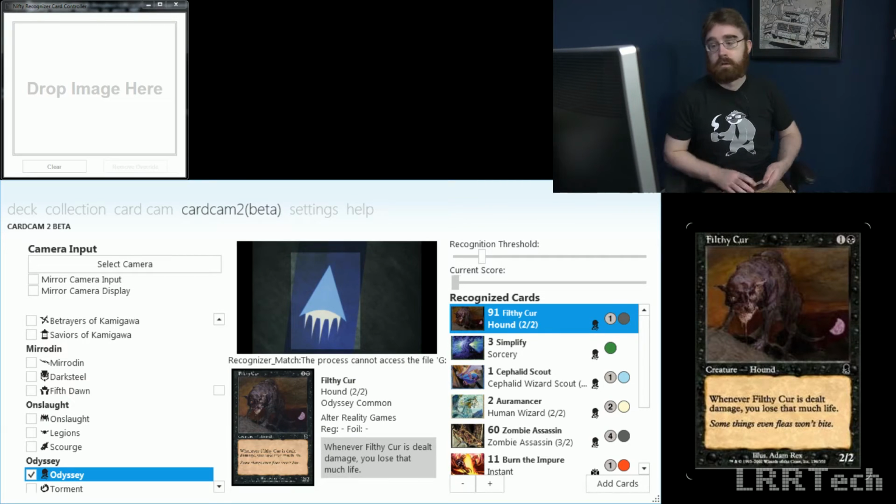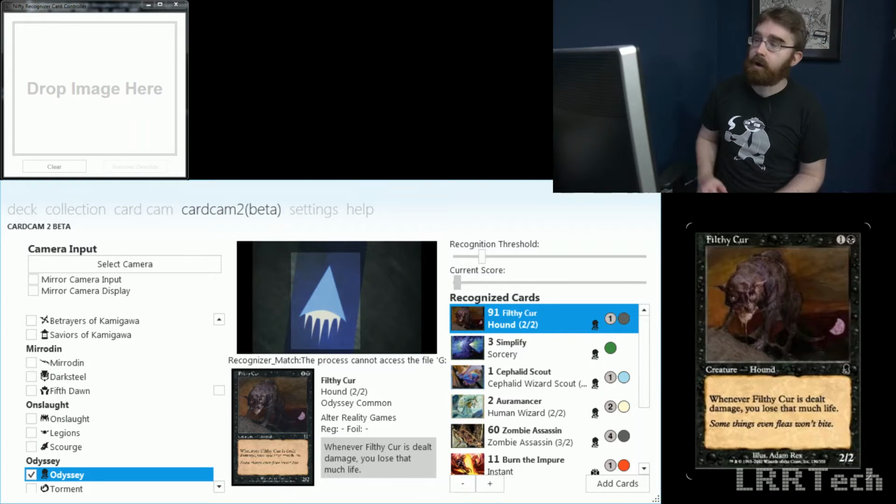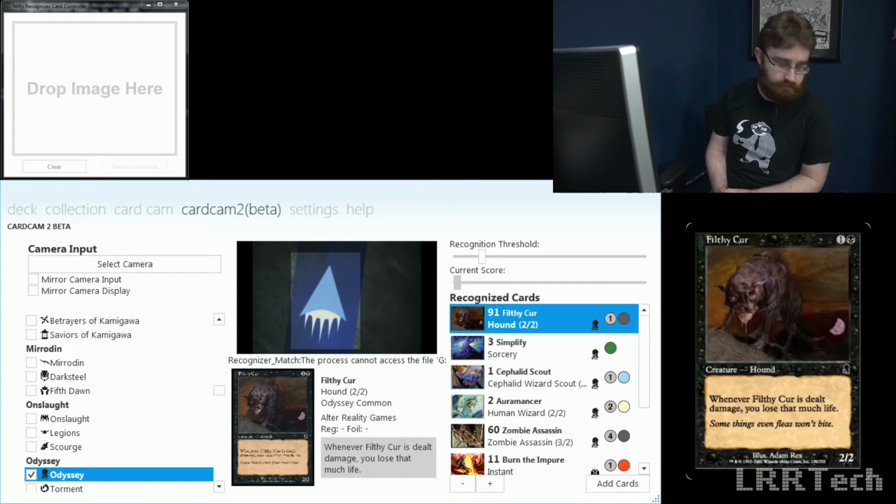Now, there are different ways to do card recognition, by which I mean the actual computer vision aspect of card recognition, and it's cool that we're actually at the stage now where there are a couple of different Magic specific card recognition systems out there. The reason why we use Deck Builder is, one, it's for Windows, which a lot of them